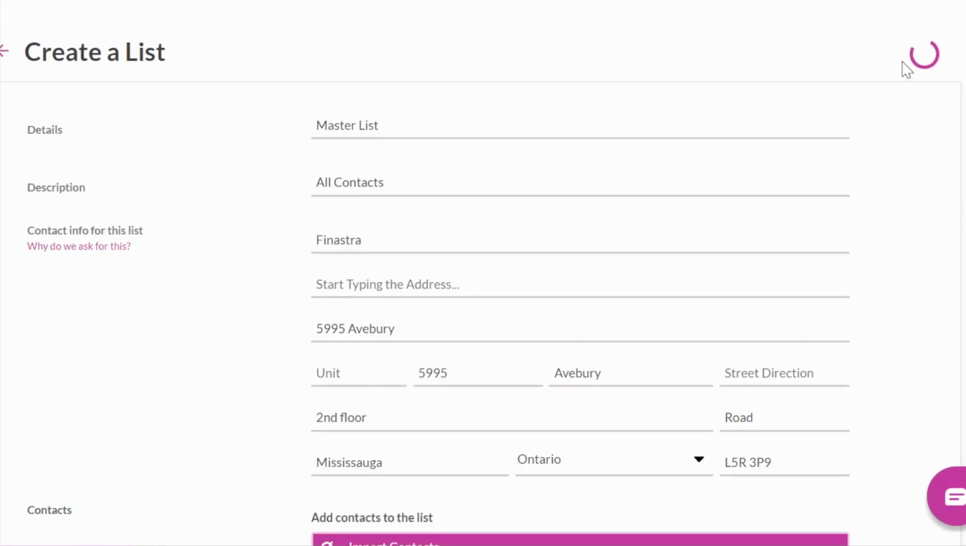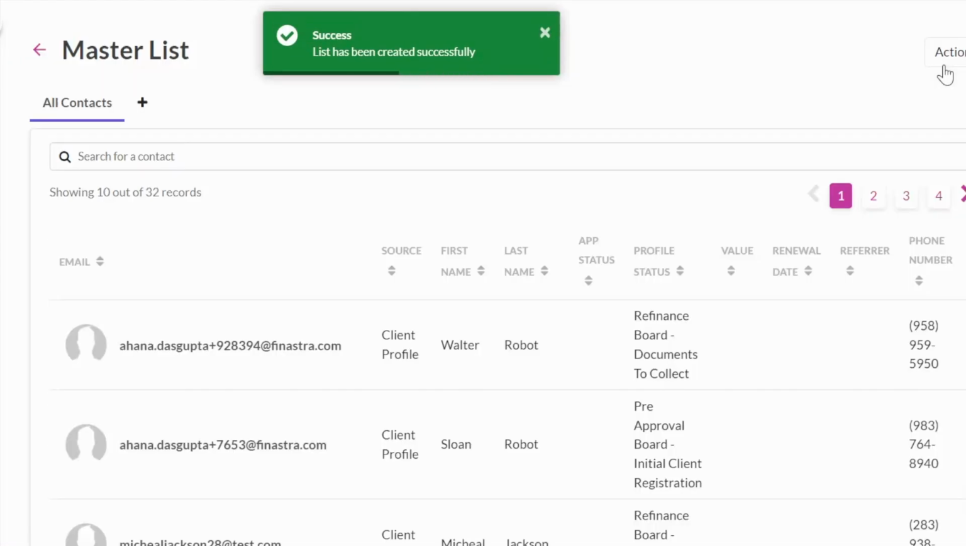You have now successfully created a list, which you can use to set up your campaigns,